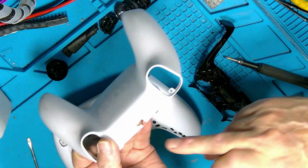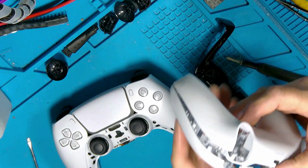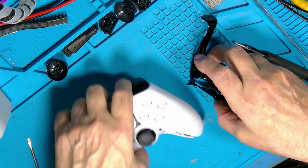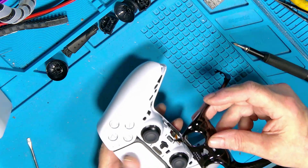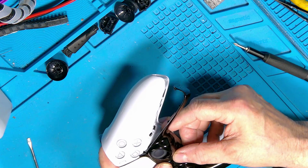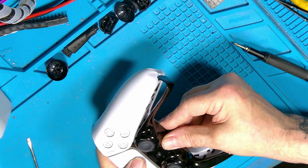So all that's wrong with that is that front, so I'm going to keep that, probably for my bench one, which is virtually brand new. So if anybody needs a case, we can let them know that one. This could be a bit of a fiddly thing too, getting these to line up